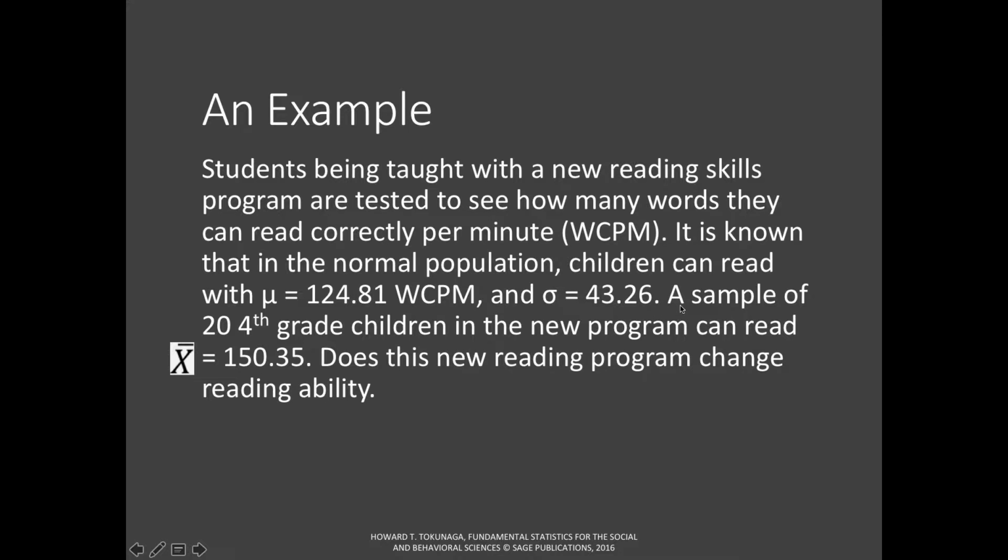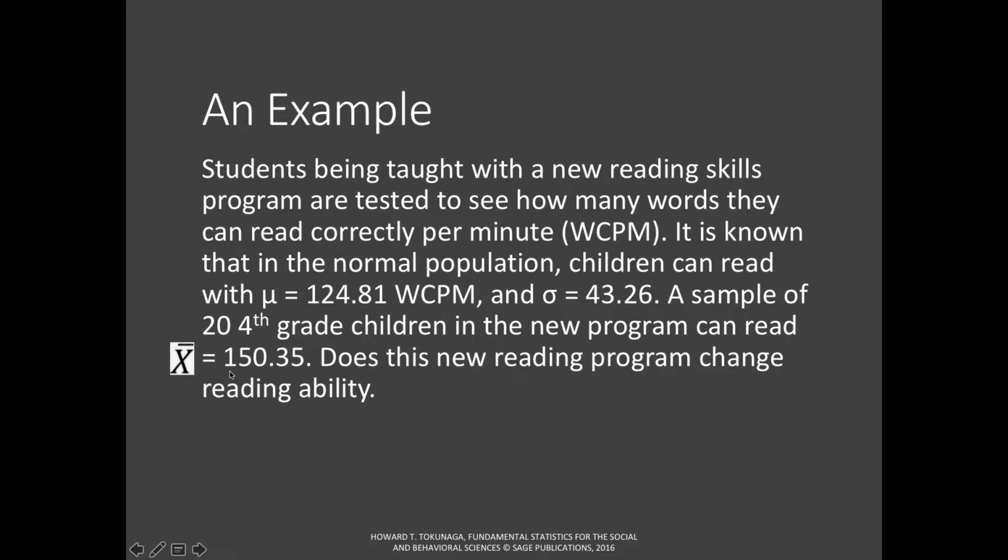How did we find this out? I have no clue, but we know it, so that's all that matters. I'm not going to ask you to magically look up numbers to try and find things like this. That's just crazy. Okay, so a sample of the population of 4th graders. At this school we're looking at, we have 4th grade children in some program that they can read, correctly read